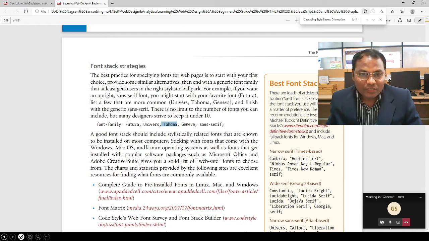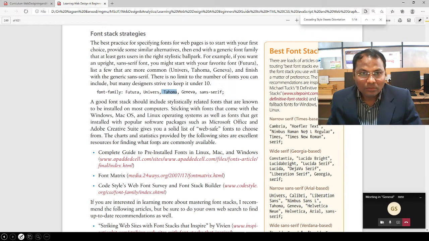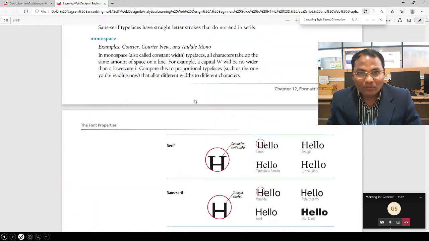A good font stack should include fonts stylistically related to the font that are known to be installed on most computers. The best practice for specifying fonts on a web page is to start with your first choice, then second, and end with a generic font family that at least gets users the right styling.